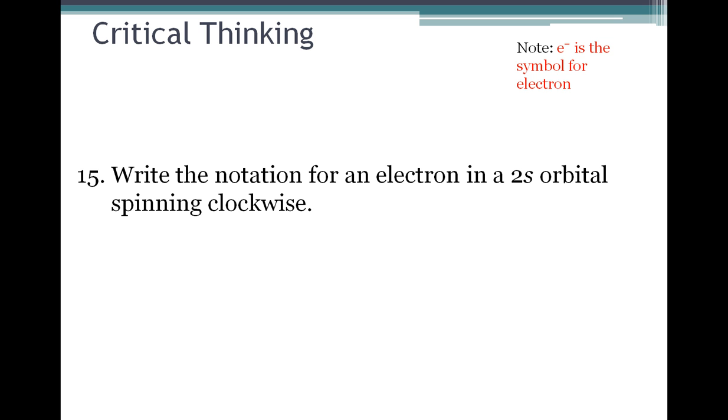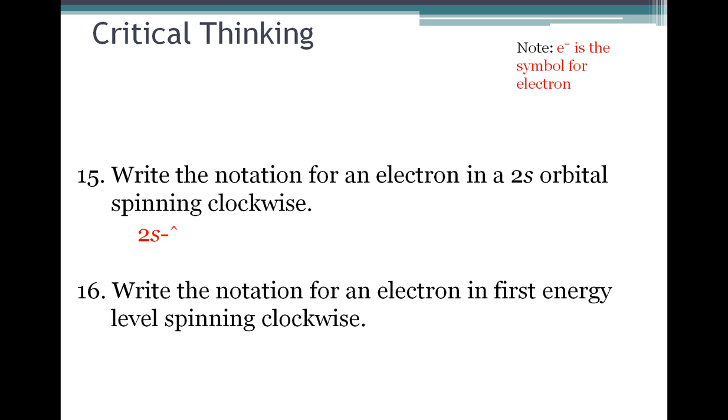Write the notation for an electron in a 2s orbital spinning clockwise. So what you would do is put a 2, and then it's in the s, so you put the s, and each s sublevel has only 1 orbital, so you do 1 line, and this has just 1 electron, so you have 1 electron on the orbital, and since it's spinning clockwise, the arrow is pointing